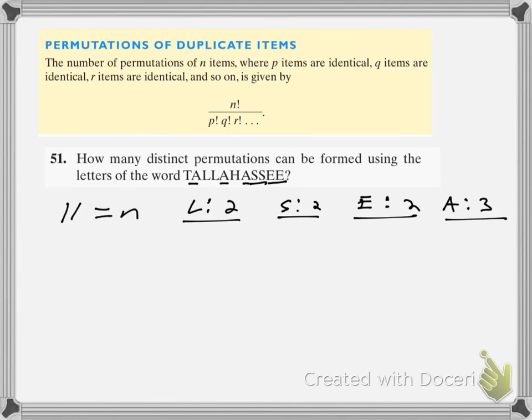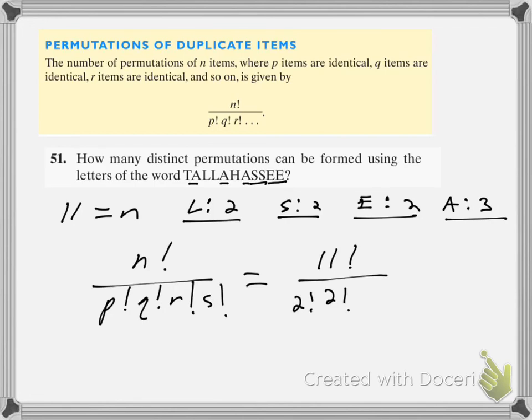So this whole thing would be n factorial over, looks like there's 4 repeated items, p factorial, q factorial, r factorial, and s factorial, because I have 4 different repeated items. So this would be 11 factorial over 2 factorial, 2 factorial, 2 factorial, and 3 factorial. Okay, and I get those numbers from this, this, this, and that. So that's how I would do this, because we have some repeated letters. And so let's plug that into the calculator. And the way you plug that in your calculator is I just do the bottom first. So that'd be 2,